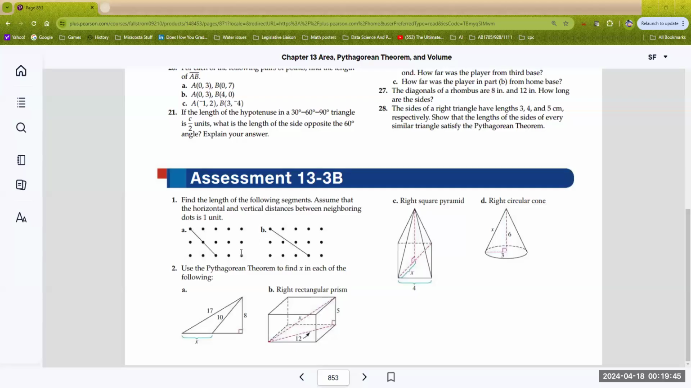Hello, students. A couple of questions out of 13.3, section B. I've got some homework and some MCs here. Let's take a look. The first one was on 2 part C, and it says use the Pythagorean theorem to